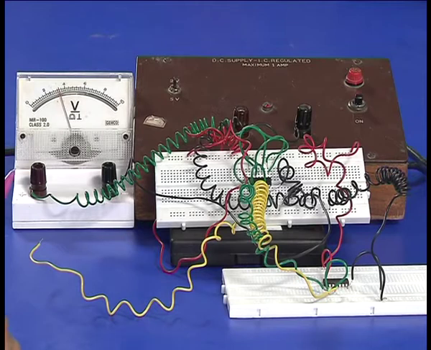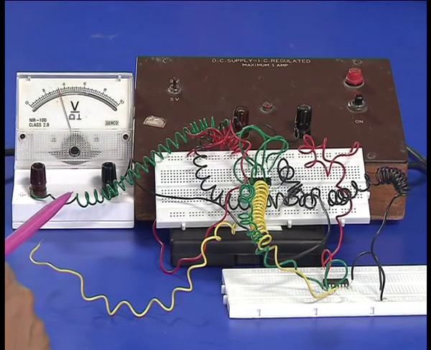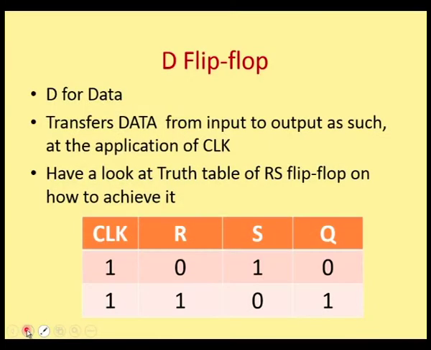Students, we have learnt how to make a SR flip-flop using IC 7400. Then we proceeded on to construct a clocked SR flip-flop. Let us see now how you can construct a D flip-flop. What does D stand for? D stands for data. What does it do? It transfers the data. It helps you to transfer data. That's all it does. It doesn't change any data. Instead, it helps you to transfer the data.